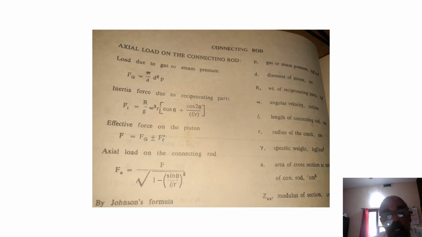In all the engines the connecting rod is common, because first the piston is coming, then piston rod, piston grooves, piston rings, then connecting rod pin, crankshaft. Finally, once the crankshaft is rotated, it is given to the shaft rotation. This is the sequence of reciprocating elements, the reciprocating action.